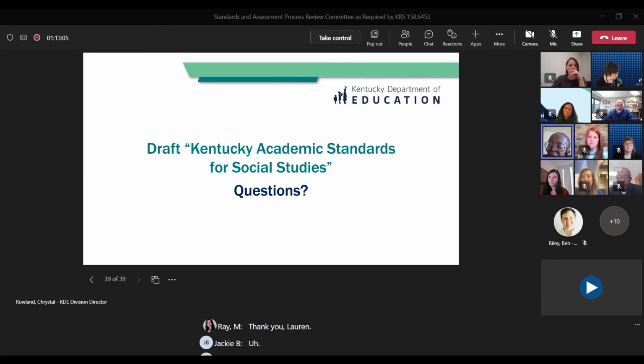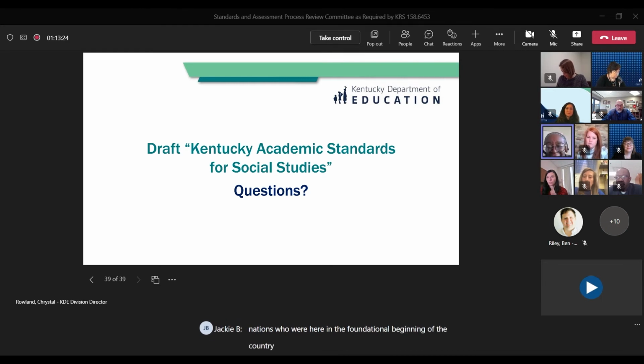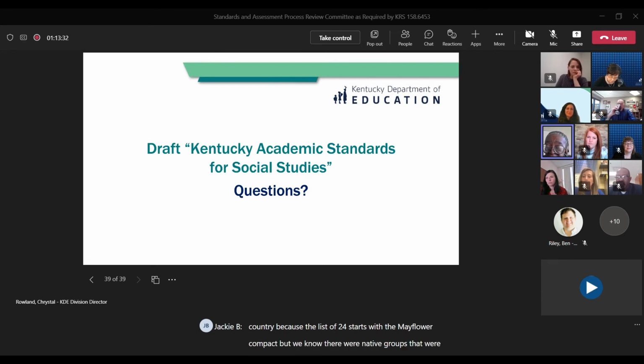Their revision of the word fundamental, then, would it allow them to include a document or speech or treaty with the Native American nations who were here in the foundational beginning of the country, because the list of 24 starts with the Mayflower Compact. But we know there were Native groups that were writing and speaking and communicating with the colonial government in those early years. Absolutely. And if we can go back to one of the standard slides, the one thing I want